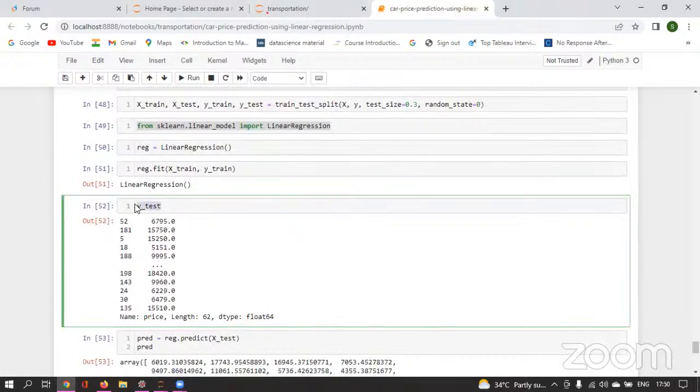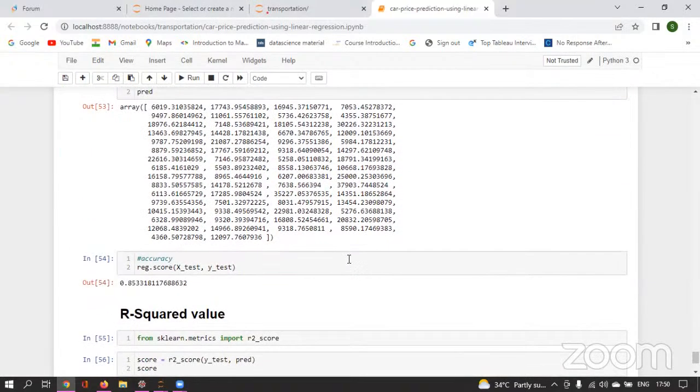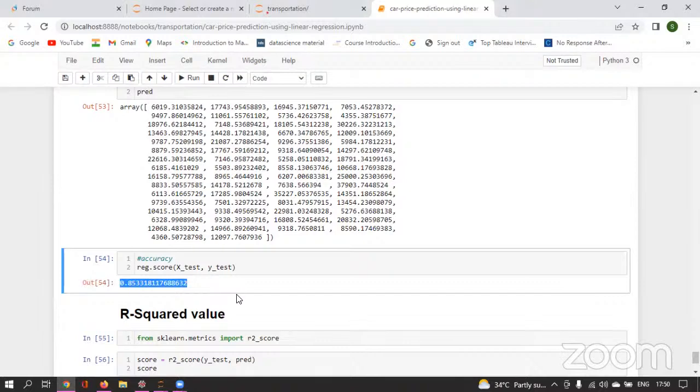And here for the test, I'm applying the model. These are the predictions that I have got. For whatever features we have, these are the predictions I will be getting. To find out whether the predictions we are getting are exactly true or not, I'm simply applying the regression score. How much did we get? 85%. So it is not a bad value.